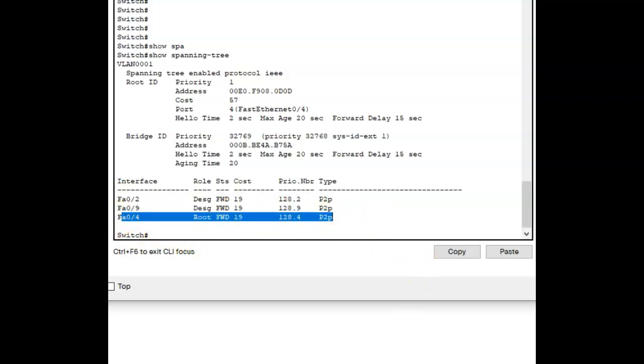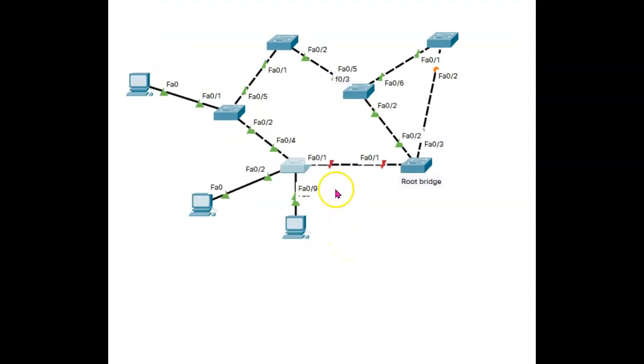Let's actually take a look at the diagram again, and it said that FA04 is the root port. Well, that makes sense. It should be FA01, but the problem is that that one's blocked off by STP. So the root port is this FA04 because it leads to the root bridge. FA01 is a designated port, and so FA01 here, we know this side is the designated side, this side is the blocked side, but that whole segment then becomes blocked.